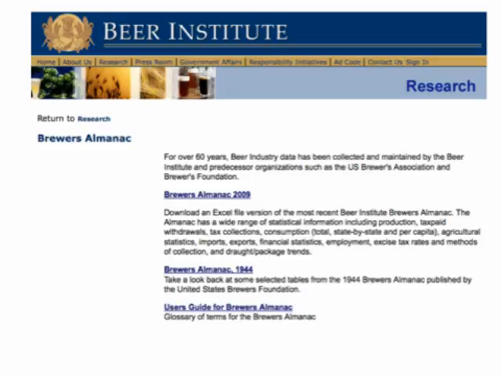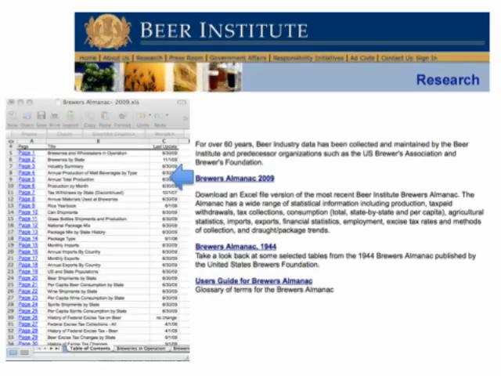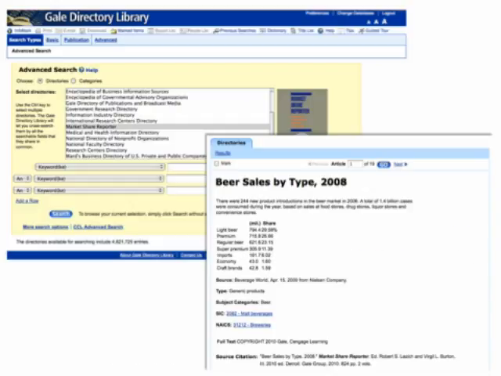Trade associations or research institutes also are a good source of industry statistics or surveys of their members. For instance, the Beer Institute publishes the Brewer's Almanac in Excel form every year. While this publication may be freely available online, many publications are often restricted to industry members or sold at cost. Libraries and individuals can go out and try to purchase individual publications, and we do in some cases, but we